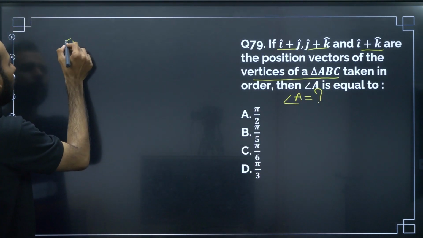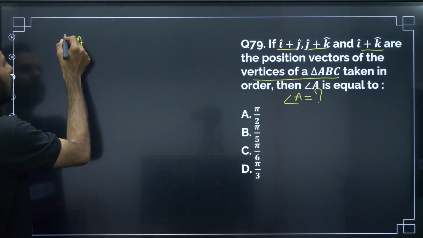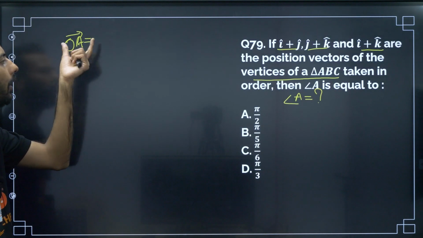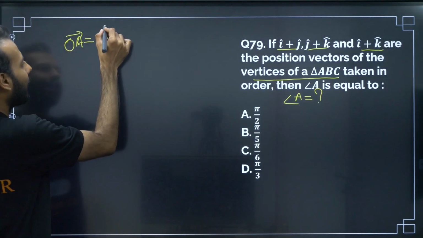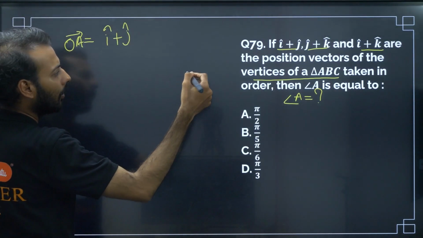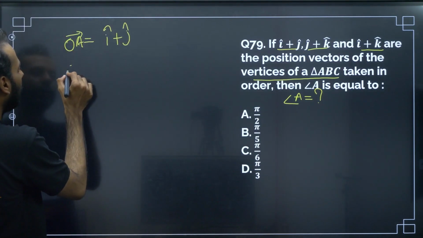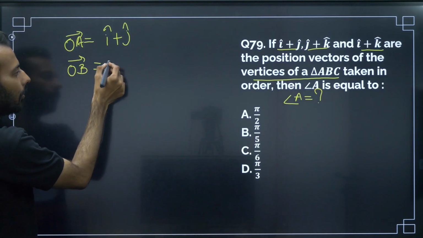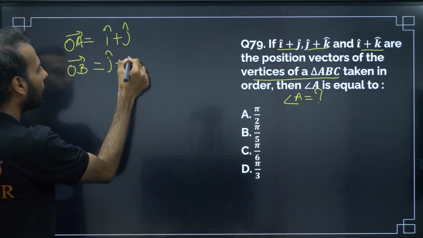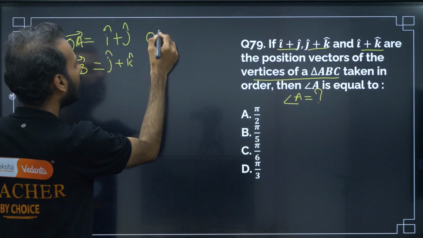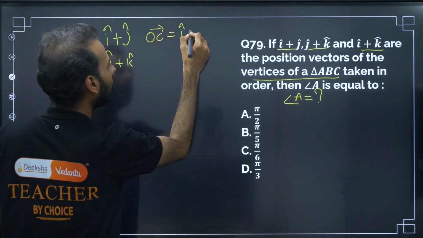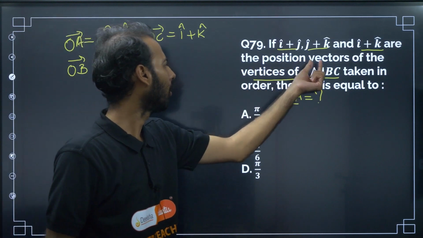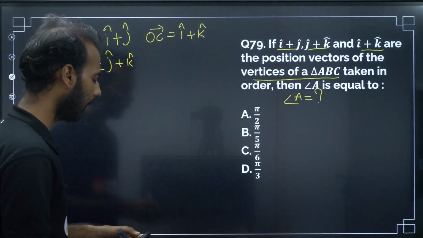Let me consider the first point as A. Since they are talking about position vector, I am writing O and A: OA is i cap plus j cap, and second vector B, OB is j cap plus k cap, and OC vector is i cap plus k cap are the position vectors of a triangle taken in order. Then angle A is equal to